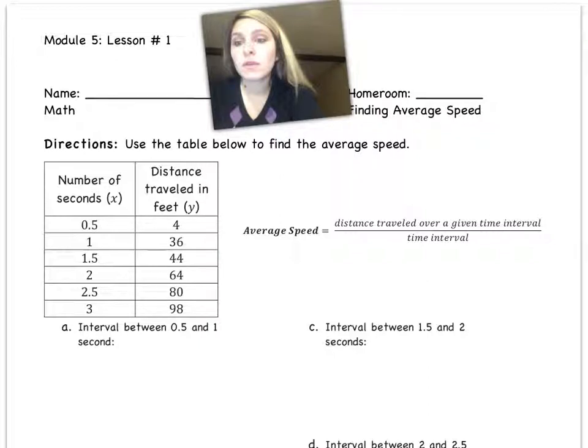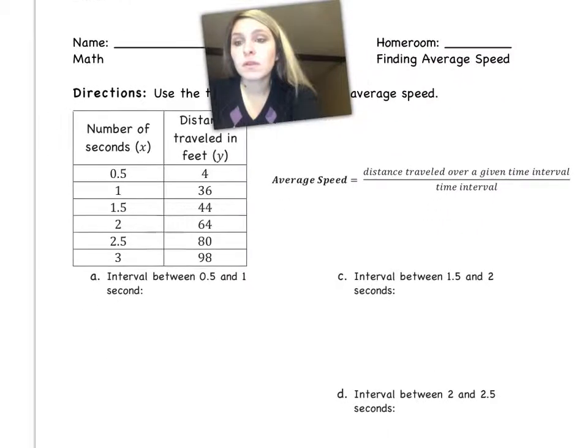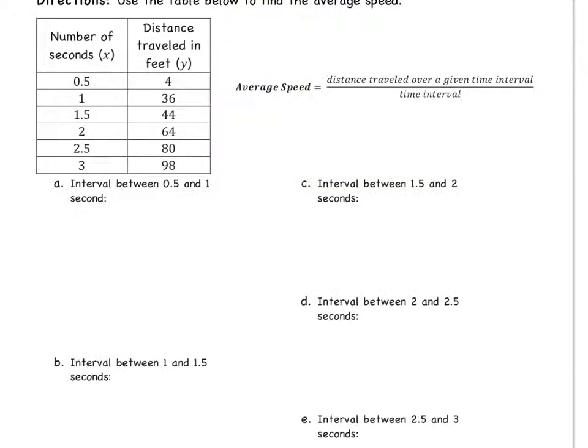distance traveled over time and the time interval. So take a look. We need to find the average speed for the time interval of 0.5 to 1 second. Remember, distance always goes on the top. So if you look, the distance when I was at 0.5 started at 4 and I rose to 36. In order for me to figure out the distance that was covered, I need to subtract. So I'm going to do 36 minus 4 over,